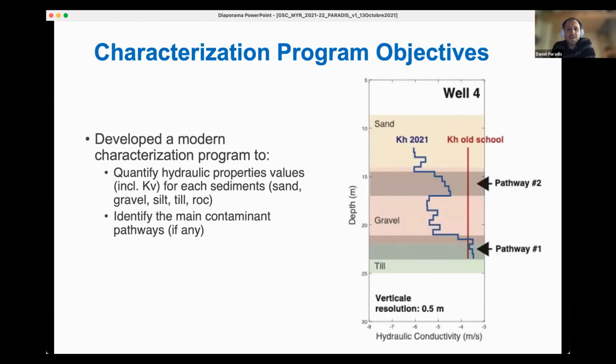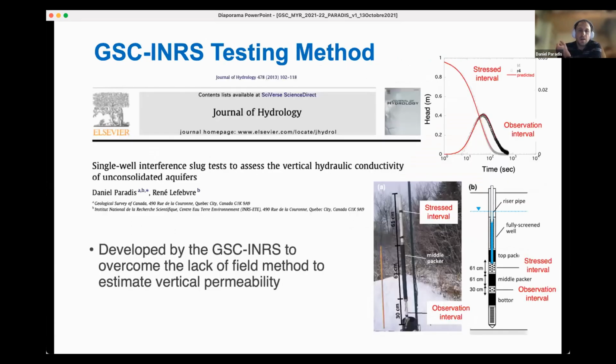The objectives are to quantify the hydraulic properties for each sediment that is present at the site, so it can be sand, gravel, silt, and rock, and, if they are present, to identify the main contaminant pathways in the system, to make sure that we can capture them with the pump and treat system. The characterization program is based on a method that we developed in the past at